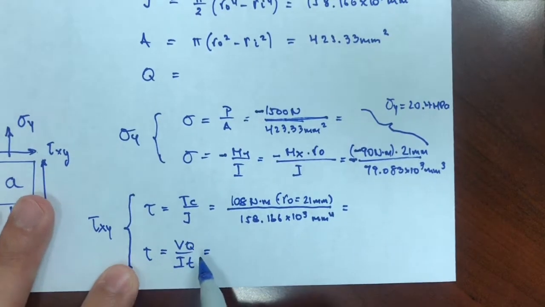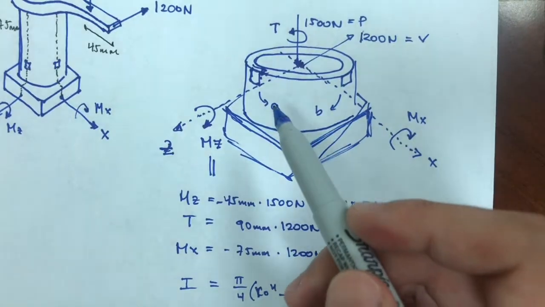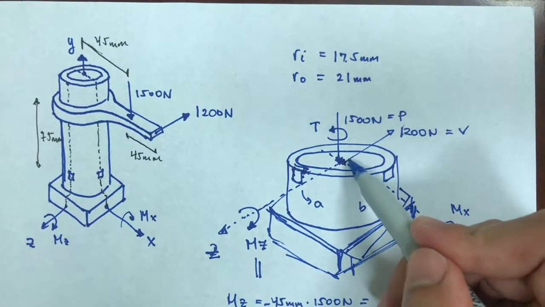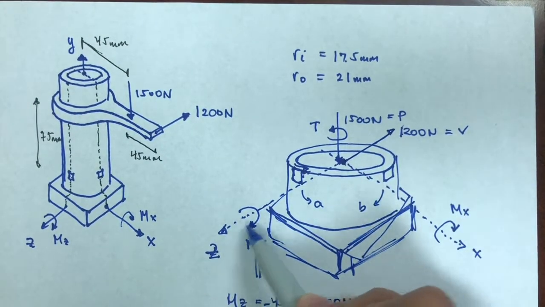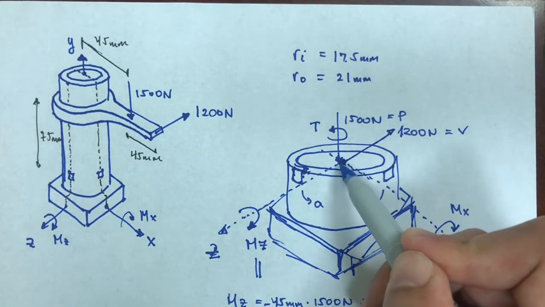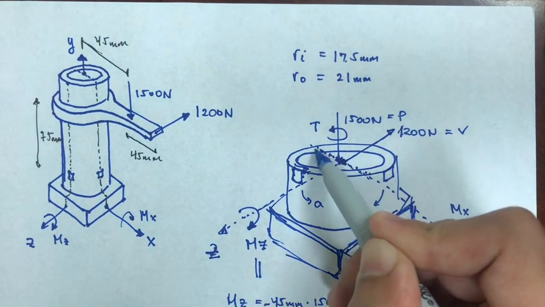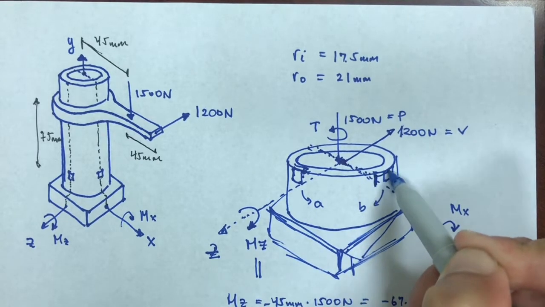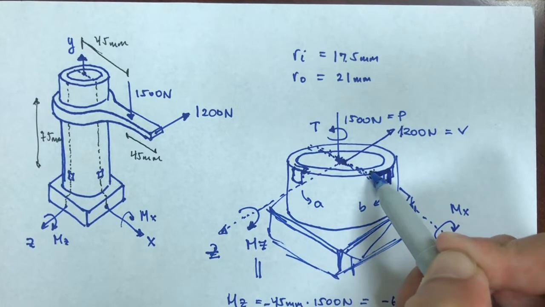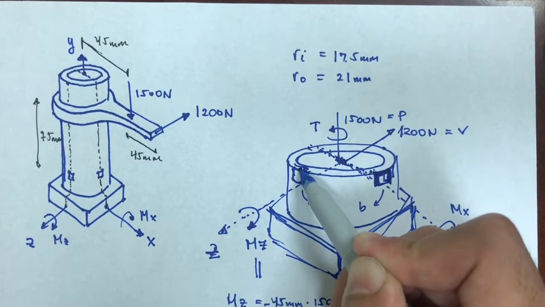Is there going to be a transverse shear for this stress element A? I go back, I see either the whole structure or just my cut, and I see that the only shear is in the negative Z direction, caused by this 1200 Newton load. However, because this dotted line from that side to where B is where the maximum shearing stress would occur, and then it would be 0 and 0 here. This means that A is not